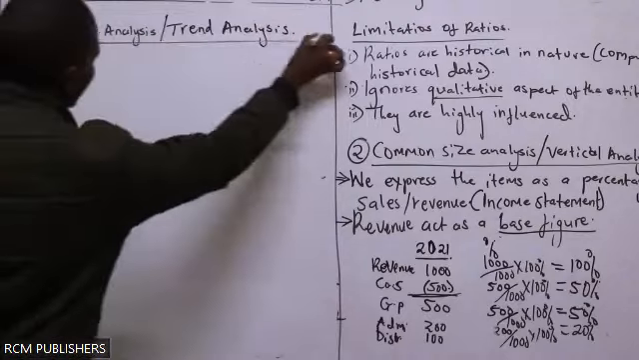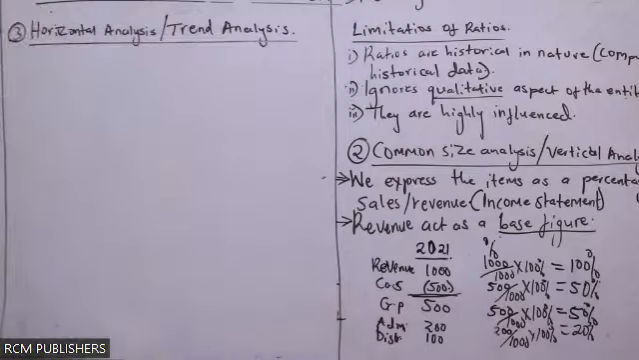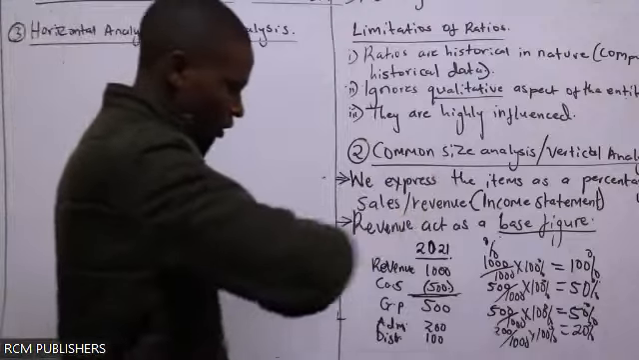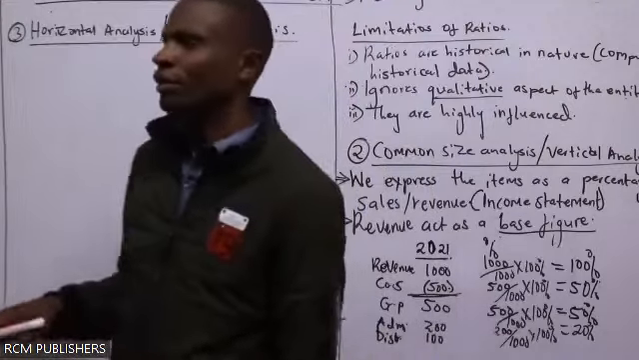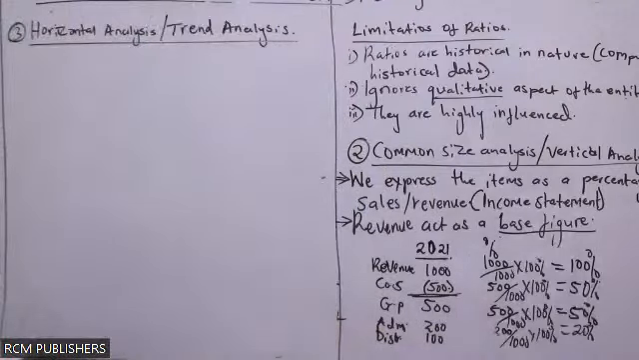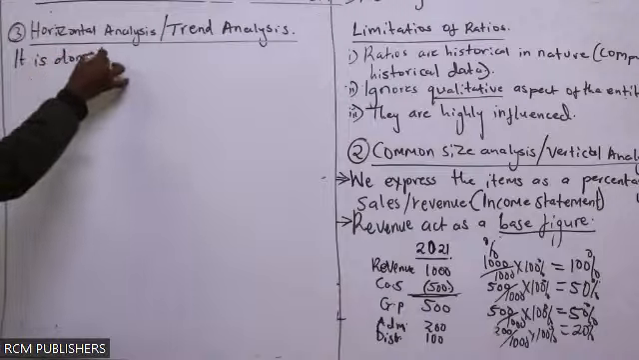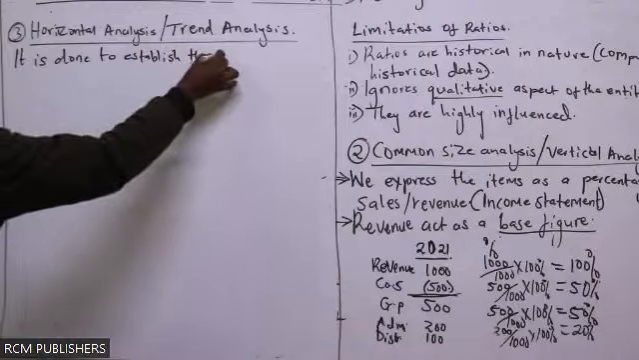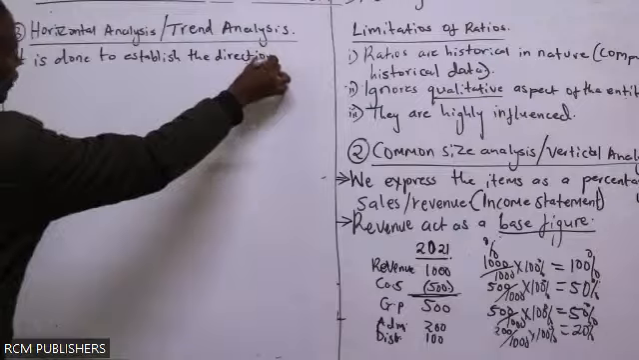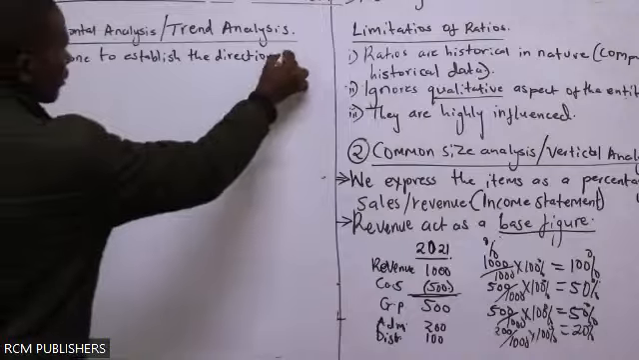When you hear of a trend analysis, examiner anataka kumaanisha nini? Horizontal analysis. Now we are looking at statements in a horizontal way. The trend, what has been there? The trend. So it is done to establish the direction. It is done to establish the direction, either increase in sale,